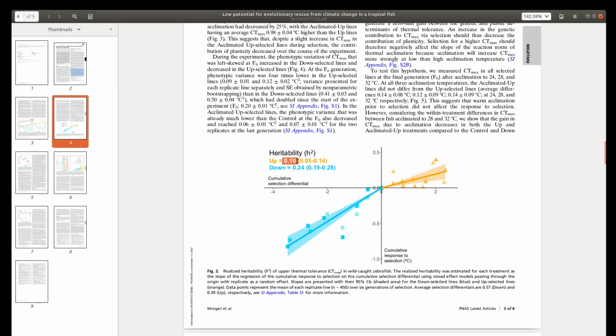So there's a smaller amount of variability for increasing thermal tolerance than there is for decreasing thermal tolerance. There's quite a large variability for decreasing thermal tolerance and a large potential for evolving reduced thermal tolerance, lower heritability for increasing thermal tolerance, and lower potential for evolution of increased thermal tolerance from these regressions.